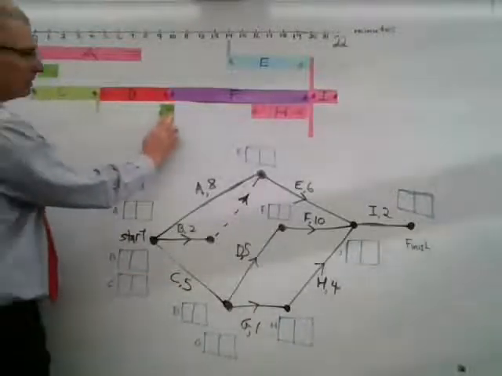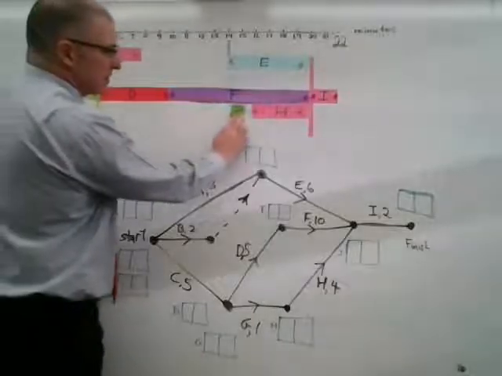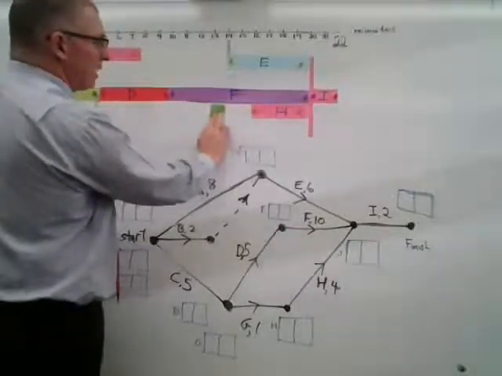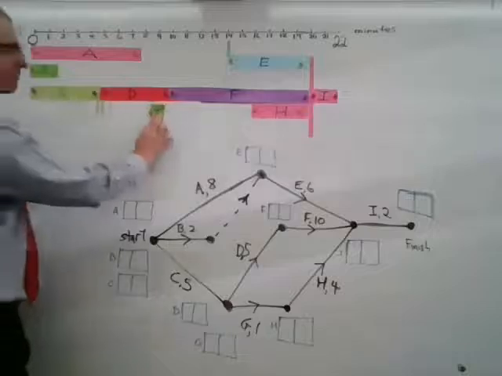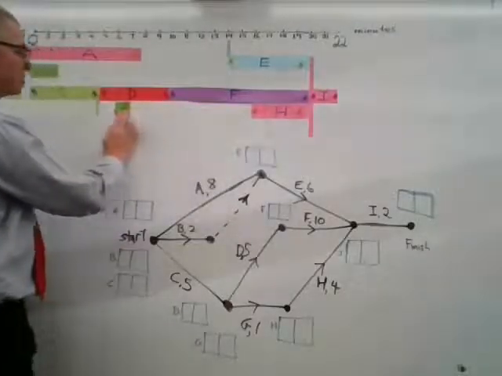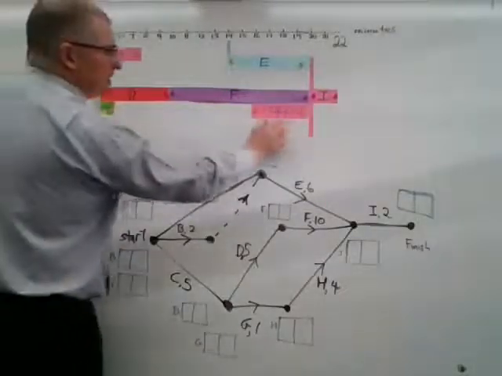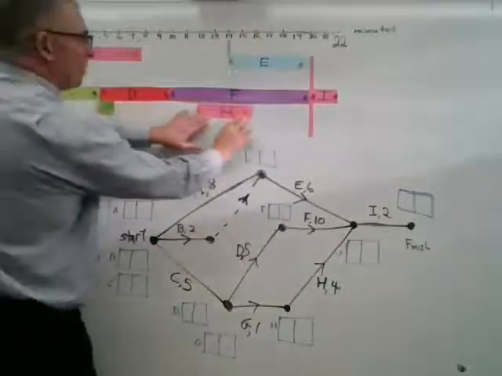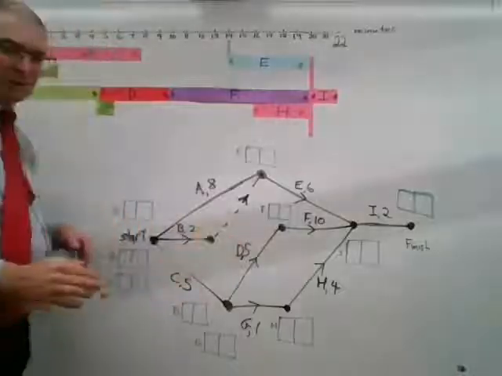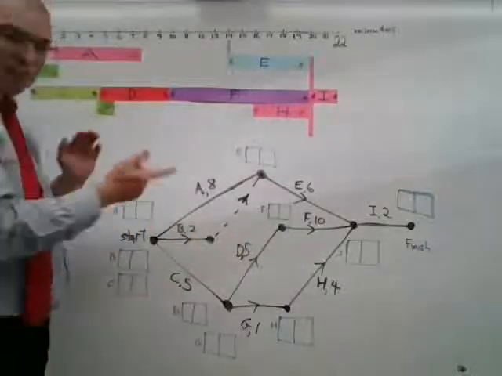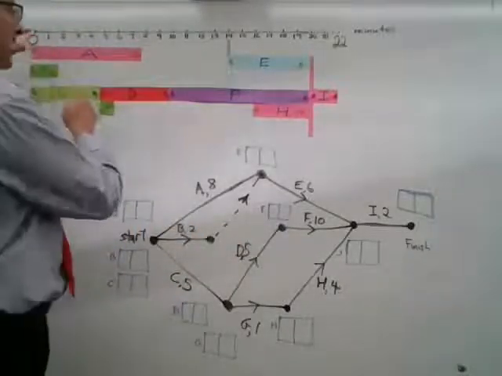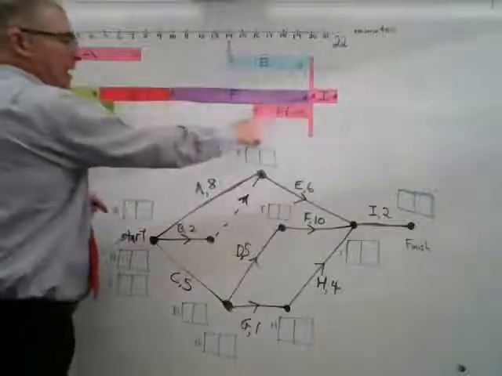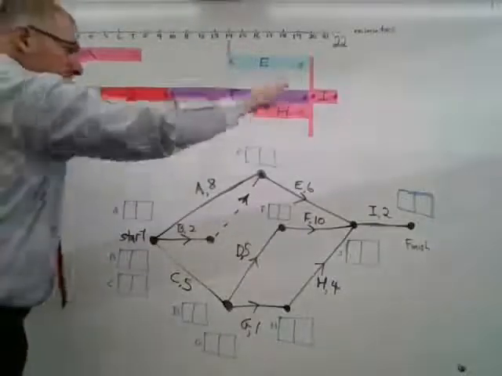But G is an immediate predecessor for H. So G could happen at any time in that range there. And H could happen any time in that range of times there. So there's a bit of float time for activities A, B, E, G, and H,